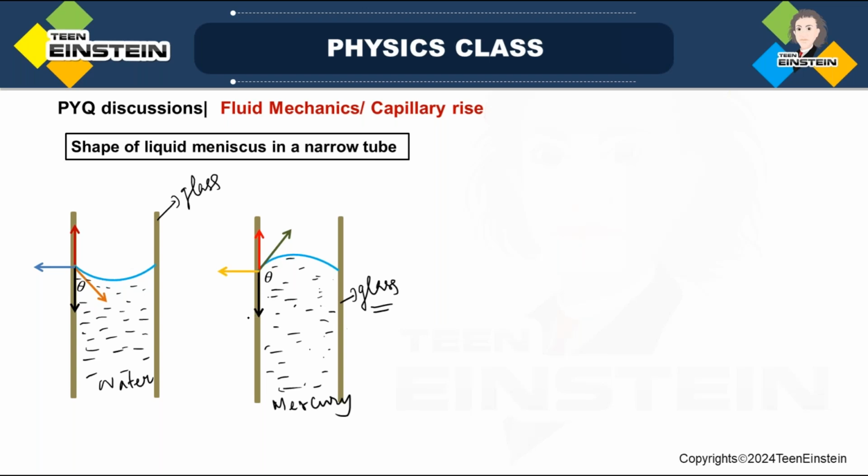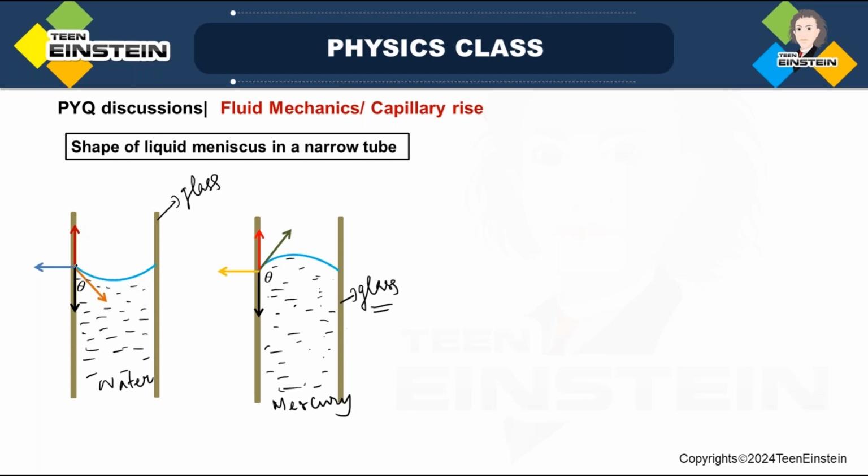Here we will try to understand in terms of mechanics, how this surface is becoming like this. Okay, obviously everywhere there are some forces interplaying. So in this case, we'll have surface tension, adhesive force, cohesive force, etc. Okay, so look, if I take a narrow tube, inside a narrow tube,